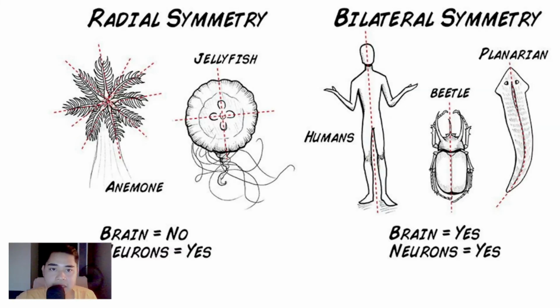So when we talk about radial symmetry and bilateral symmetry, take note that if we cut parts of an individual, for example, a human being, cut into half at the mid-sagittal portion, you would be able to observe that what is found on the left side could also be found on the right side. So the legs also, we have the left and the right leg. The face, we have the left and the right portion of the face. So they are symmetrical because they are the same. In radial symmetry, if we would divide it into multiple planes, you would still see the same structure from that side to the other side. So that is their difference.